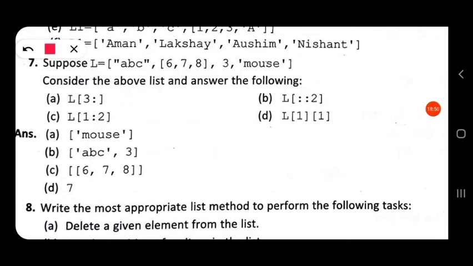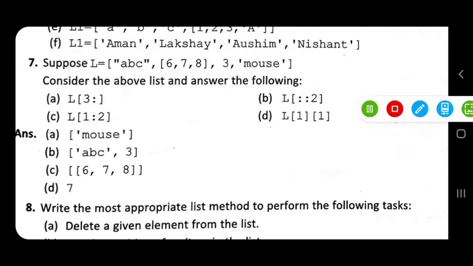So we consider from 3 to the end of the list. Till the end of the list only one element is there, so the output will be only 'mouse'.